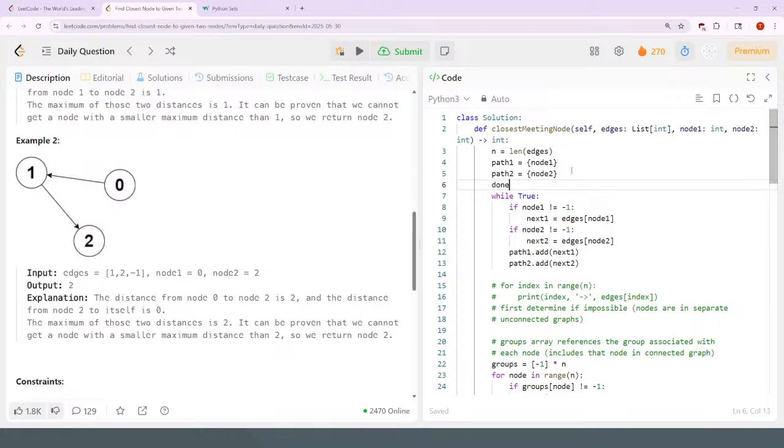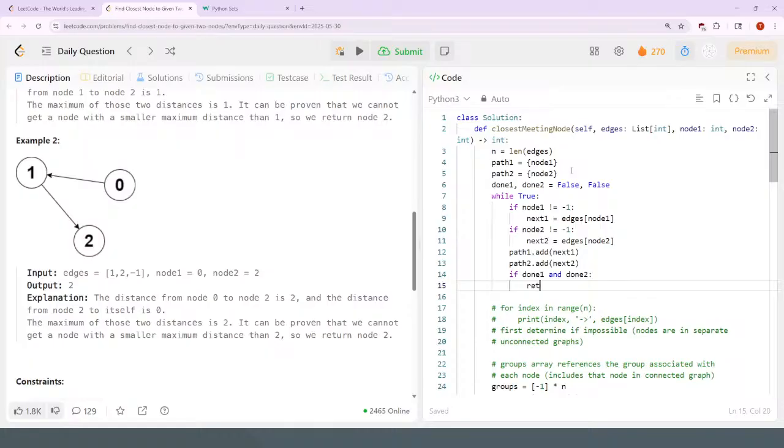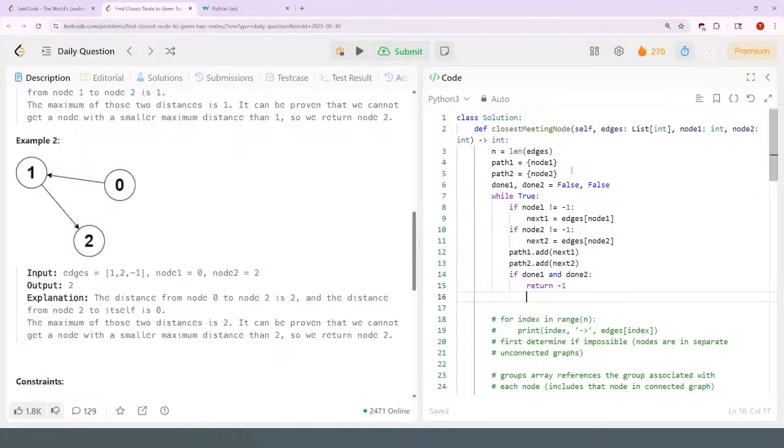Let's say done 1, done 2 is false. And I can go here, if done1 and done2, then return -1. Okay. This should eventually return something. Otherwise,